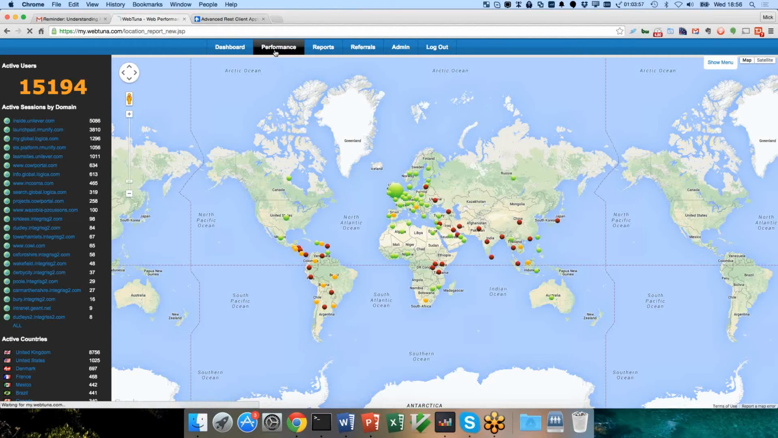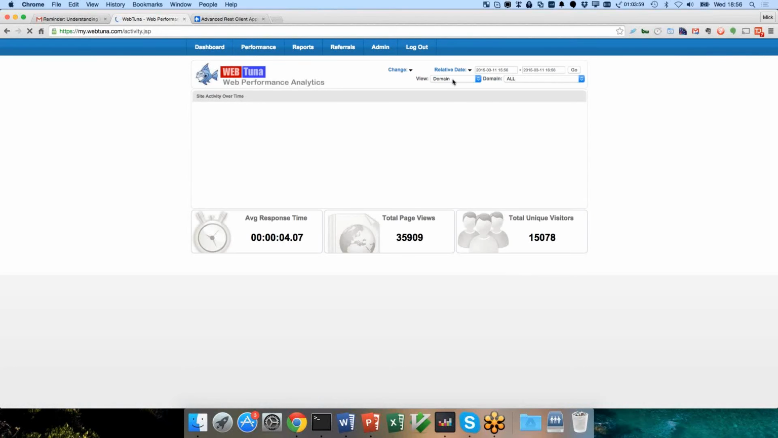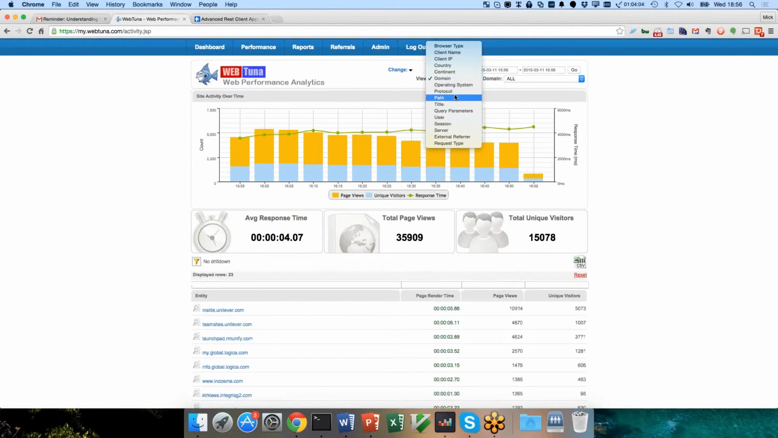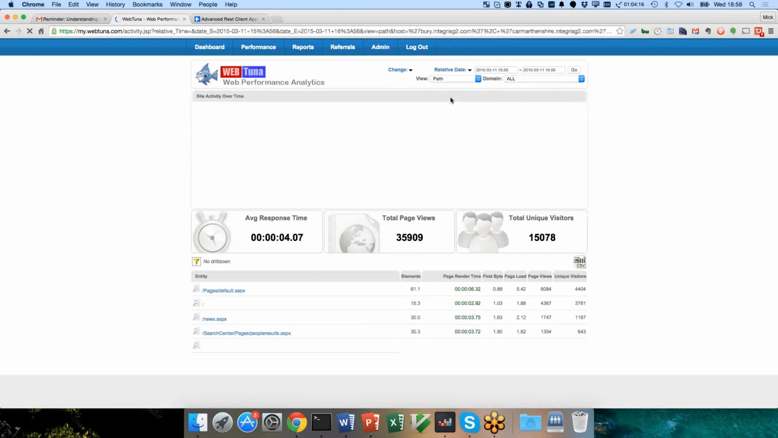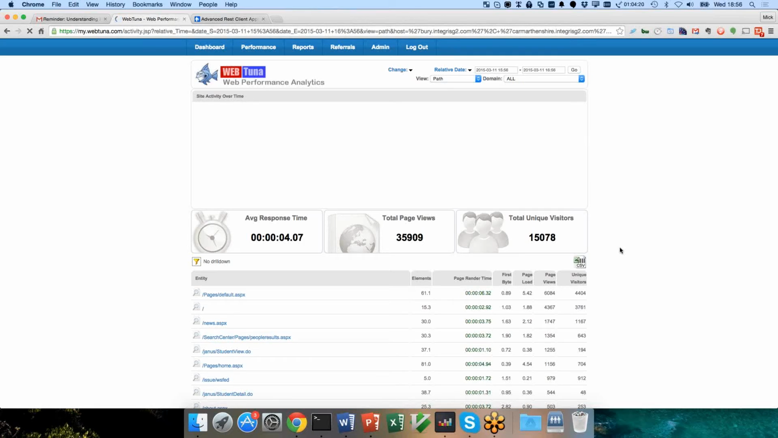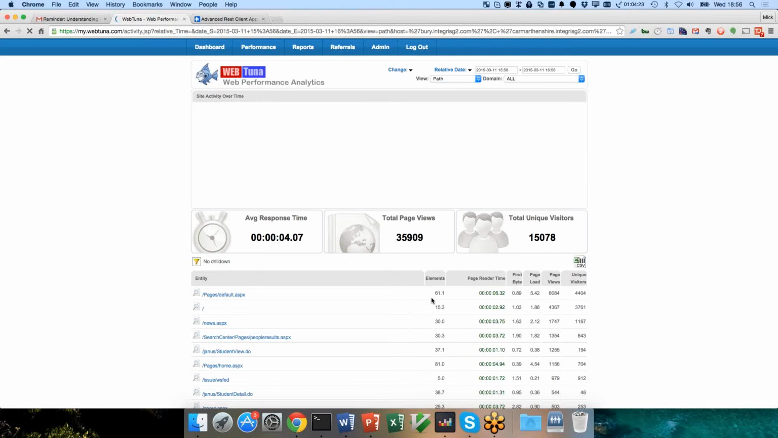So that's one way of looking at performance. One other way you might want to look at performance is to break it down by any of these things here. As I said, we collect every single page from every single user, so we can break down performance by any of these things. For example, if you look at the path, which is basically the URL, we can see a list of all the pages,